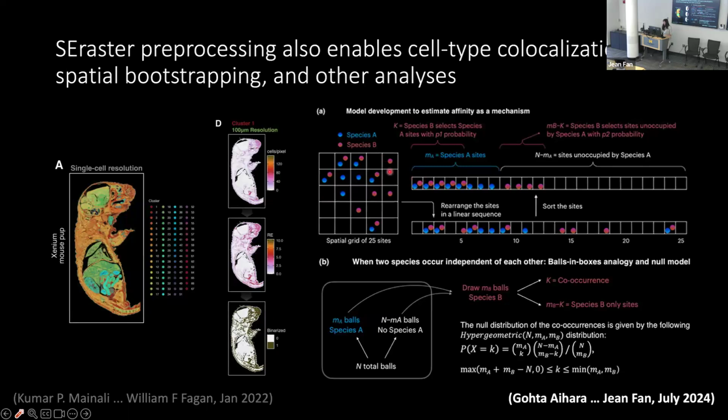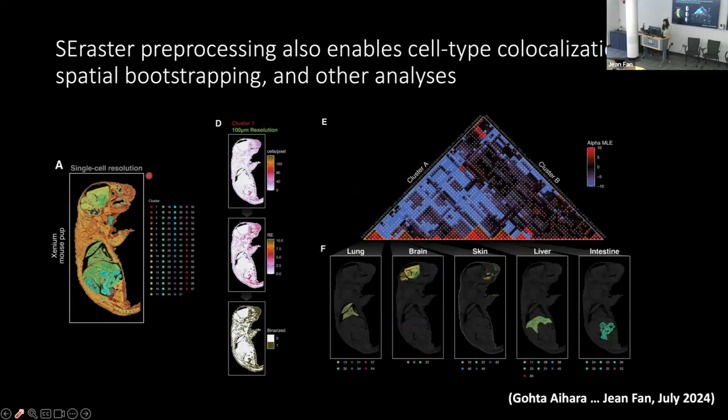type of analysis that previously has been done a lot in ecological research. So we were actually able to then integrate our SEraster preprocessing with this co-affinity analysis, co-occurrence affinity analysis that somebody else developed to look for whether trees and deer co-localize together. But in this case, we're looking at whether one cell type is more likely to be found in the same pixel as another cell type, and to do that for, of course, all possible cell type pairs. And in the case of this embryonic mouse, when we do that, perhaps unsurprisingly,